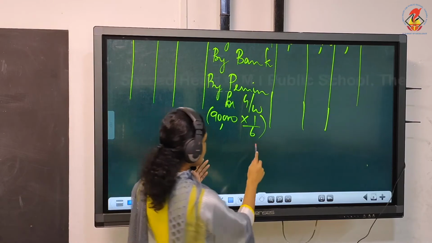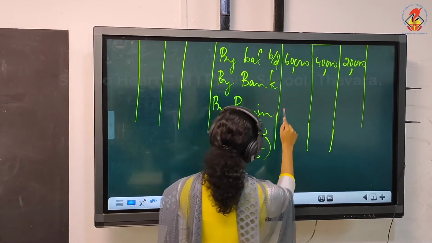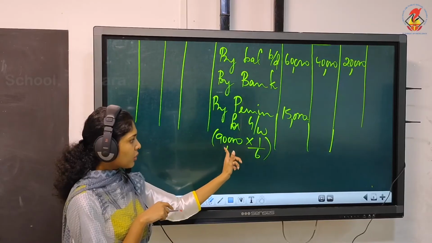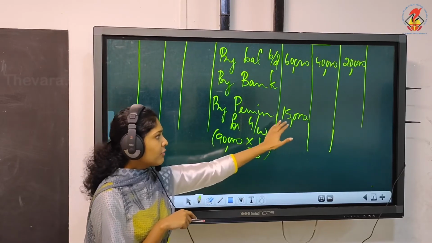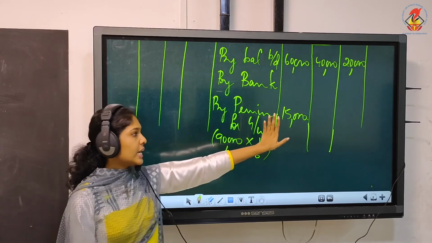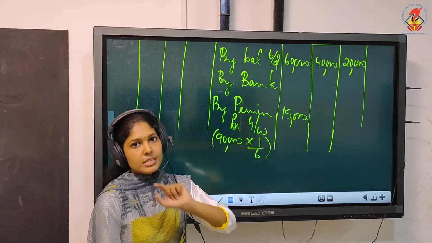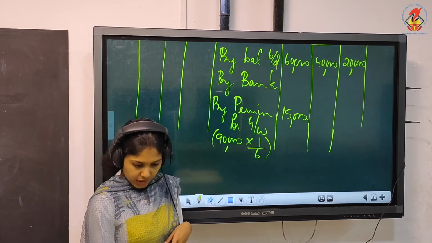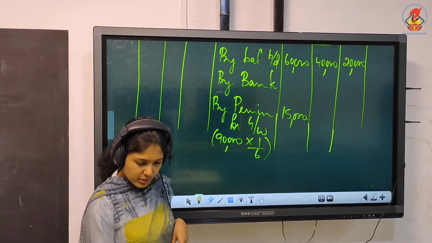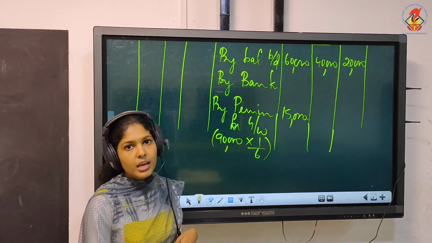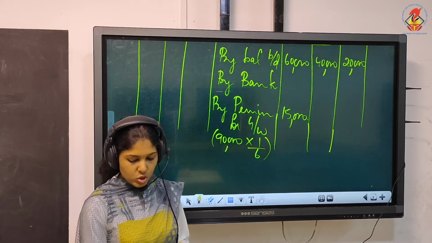And what you can do is, premium for goodwill will be given only to the sacrificing partner, and here the sacrificing partner is only A. So no need to divide that 15,000. We just computed out of total goodwill, what is his share? 15,000. Directly we wrote in A's column. We don't have to divide it because there is only one sacrificing partner. Then the next adjustment is, okay, adjustments are over. Only these will come in partner's capital. We don't have any other adjustment.